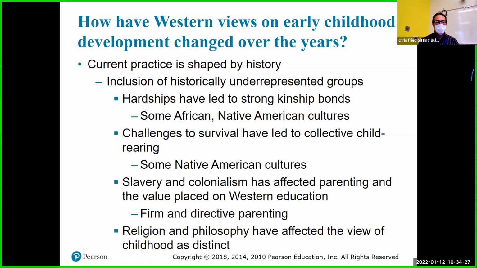So there has been some inclusion, but it has not been very good. It's led to a lot of hardships, like it says here, which have led to some bonds, maybe a stronger kinship bond of families in different cultures. So it talks about Native American and African culture being one, for example, taking African people from Africa and bringing them as slaves to our country, to lots of countries. And so that is obviously a hardship that probably created some strong bonds within those communities and with those cultures.